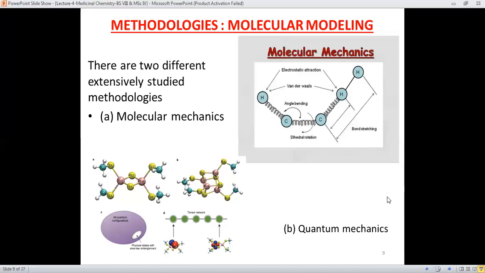And quantum mechanics as well, which shows the 3D structure of the various compounds. How in space these molecules are, you can say the spatial arrangement. What's the spatial arrangement of these molecules? Because the spatial arrangement of the 3D structure is very important, because these drug molecules have to behave as a ligand and they must bind to the receptor. It means that there must be similarity, or these structural information must be complementary to one another.